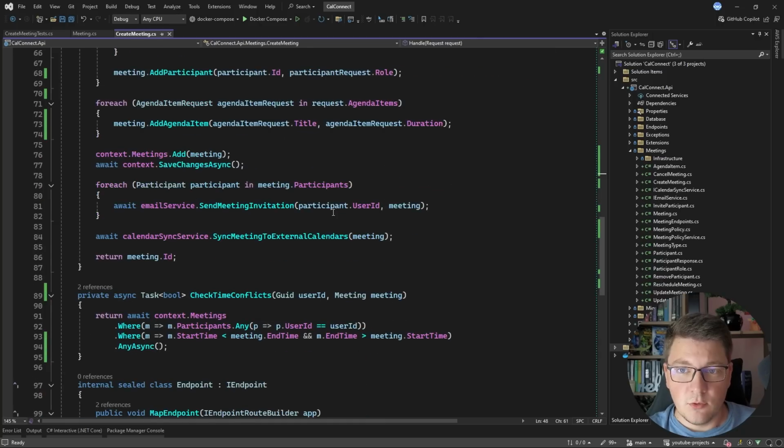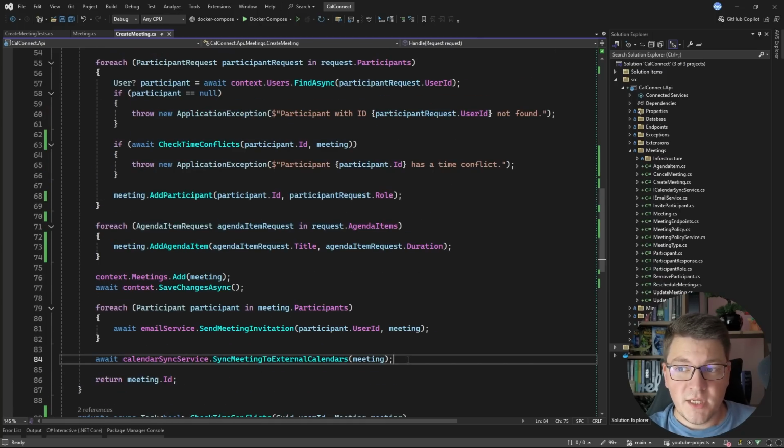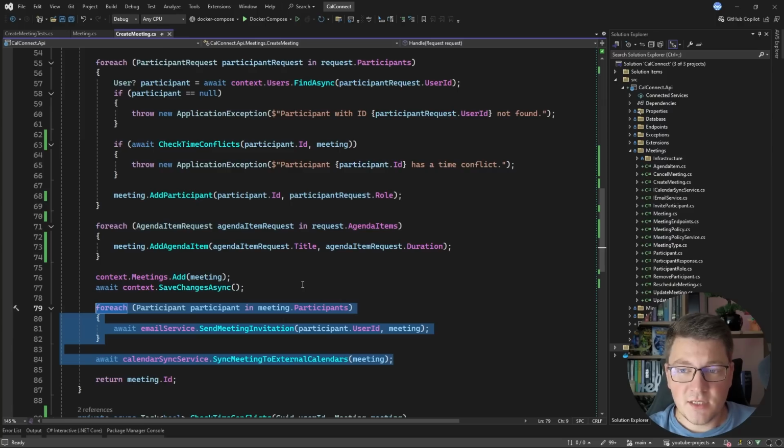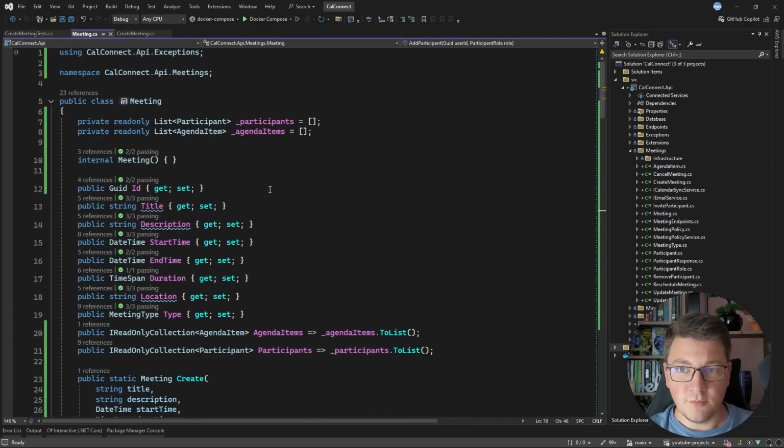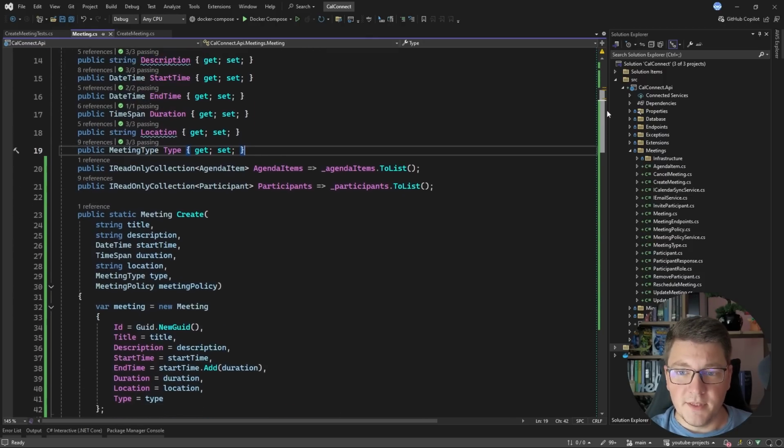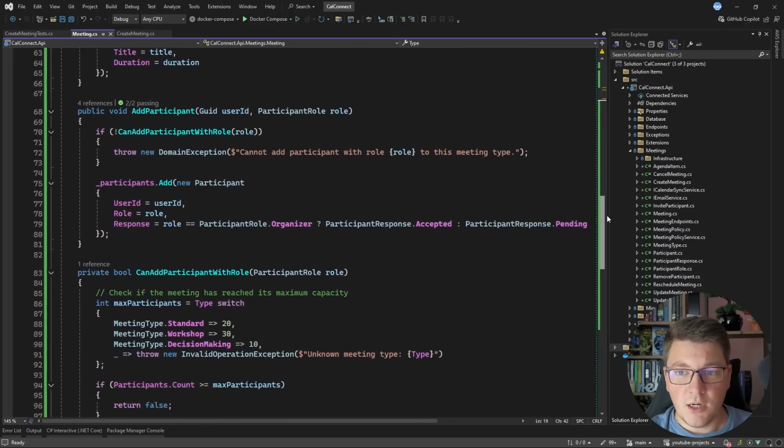Another thing that we could explore is using domain events, which we can handle out of process and treat them as kind of notification events. And in reaction to these events, we could implement the publishing of the email notifications and the synchronizing with external calendars. Another thing that we could do from here is further encapsulate the meeting entity by making all of these setters private and exposing respective methods on the meeting type that are going to allow us to change these values in a meaningful way. But I think that the topics that we have explored so far are enough for this video,